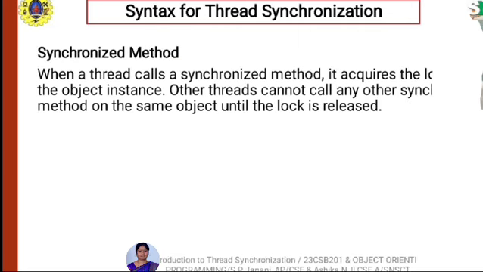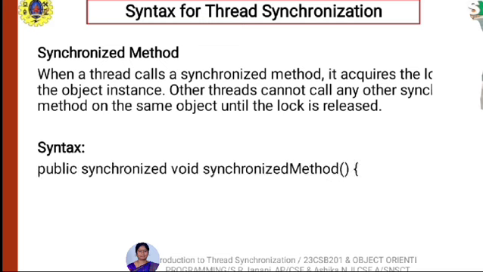So now the syntax for thread synchronization. Synchronized method: when a thread calls a synchronized method, it acquires the lock on the object instance. Other threads cannot call any other synchronized method on the same object until the lock is released. If one thread is executing, at that time another thread is locked until the executing thread releases it. So the syntax for a synchronized method is public synchronized